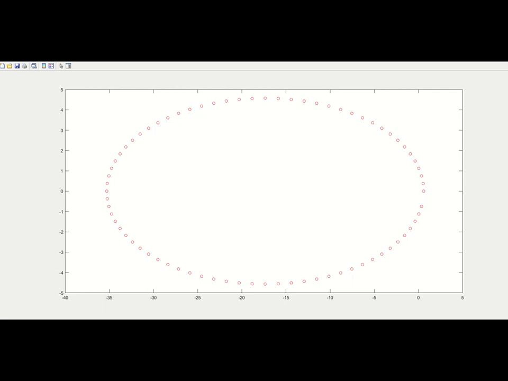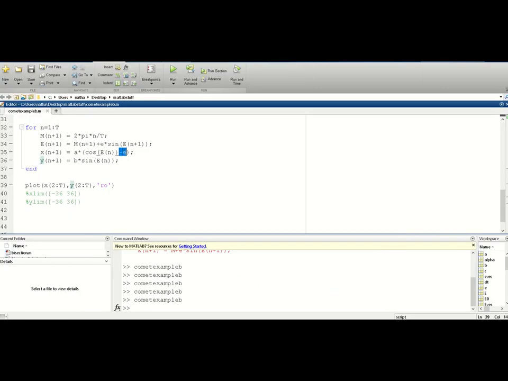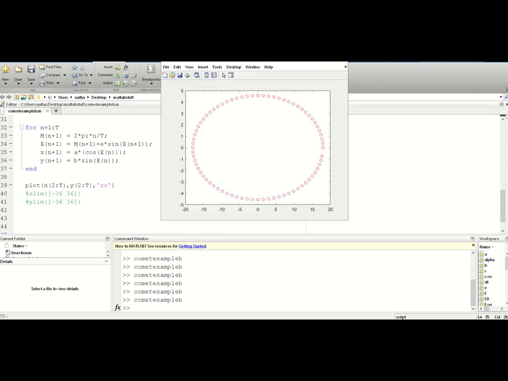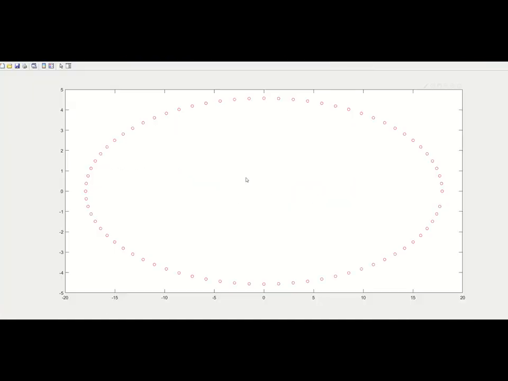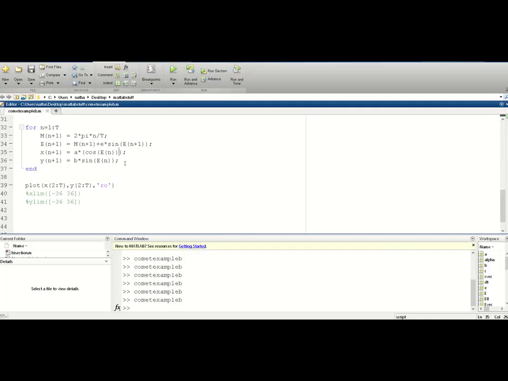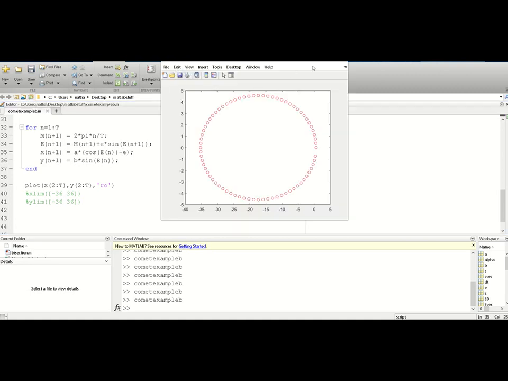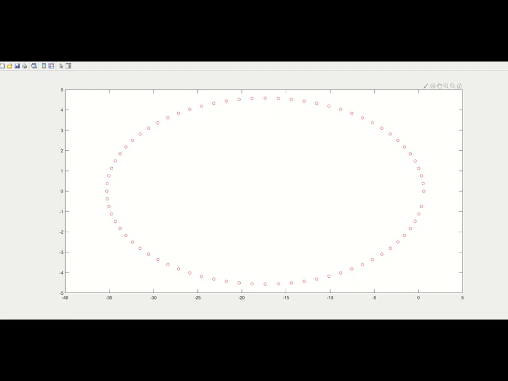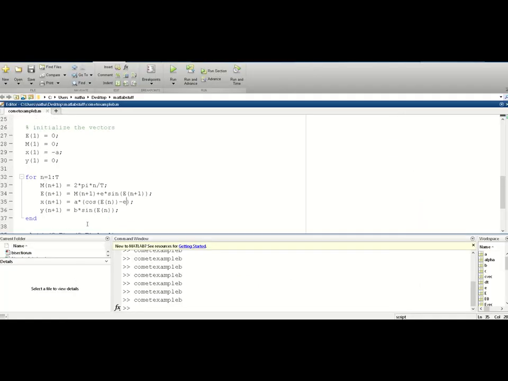So what happens if we don't use this? It really doesn't change much. It just centers us so that the 0, 0 is at the center of the ellipse instead of off center where the sun is, if that makes sense. So it's a little bit better modeled if we include that offset to account for where we are. Okay,